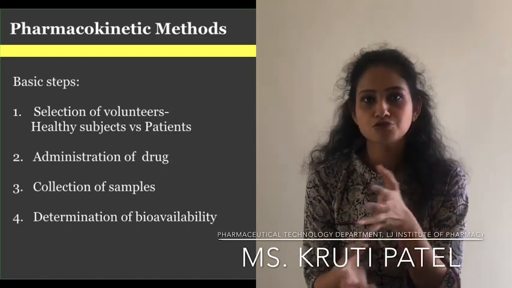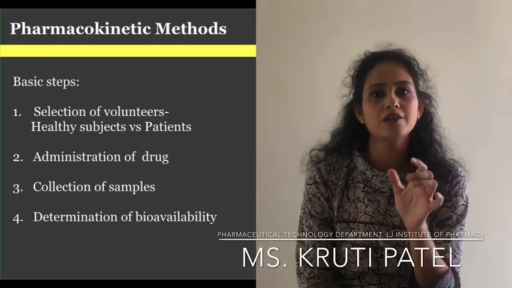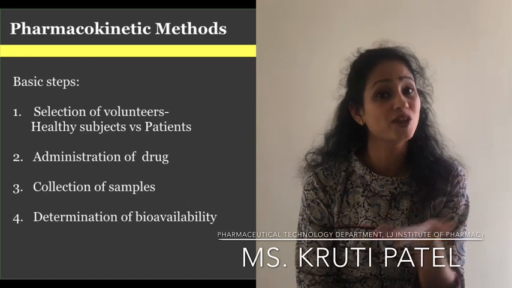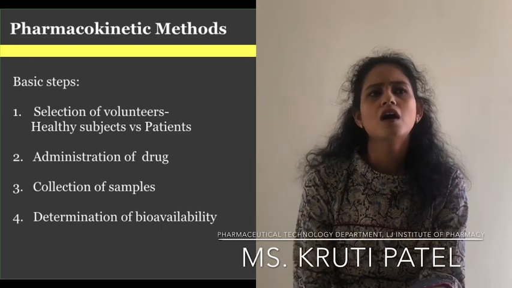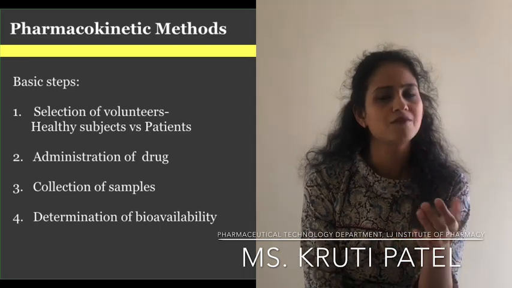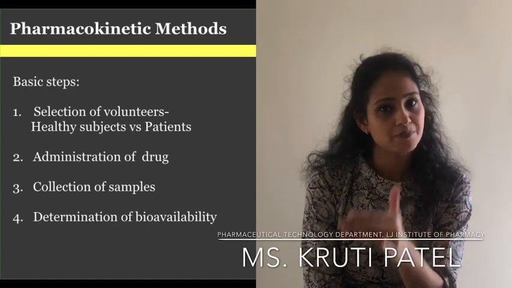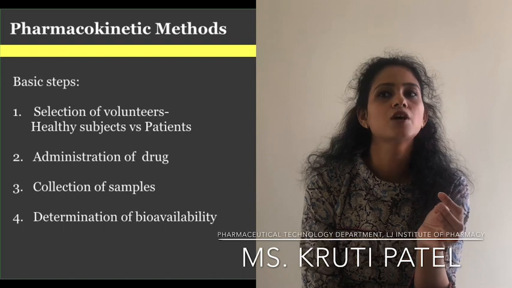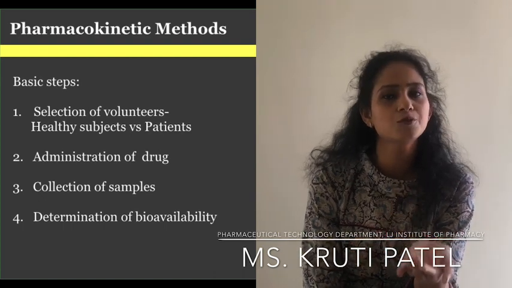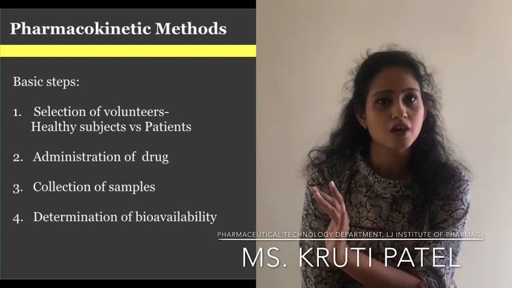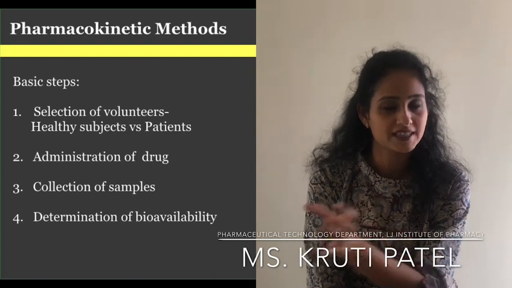Okay, before going into detail, let me brief you how these pharmacokinetic methods are actually done. For that, first of all, you have to choose different volunteers, or you have to choose people. Let's make it very simple and very clear. You have to choose some people, then you have to call them, then you have to administer the drug, and then you have to take out samples. If it is a plasma level study, then you have to take out blood samples. If it is urinary excretion studies, then you have to take urine samples, and then you have to analyze, and then you have to see effects. So that is the pharmacokinetic method. This is how the actual studies take place.